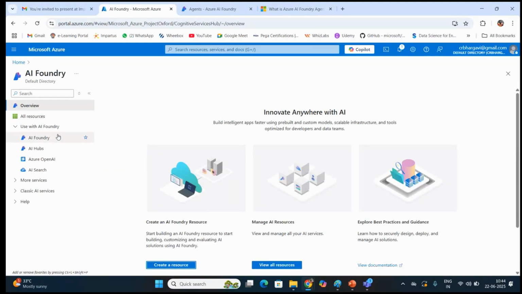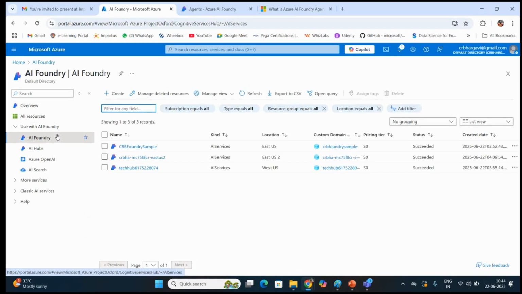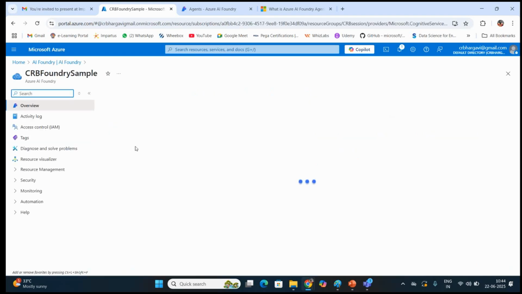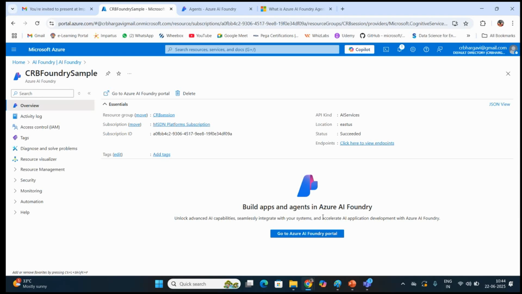Once you have that, it would take around 2 to 3 minutes, and your Foundry resource would get created, and you can start using the Foundry from there. This is the resource that I had created.